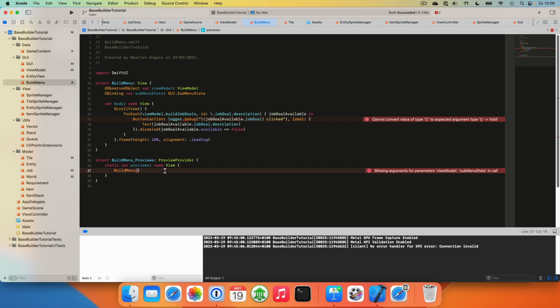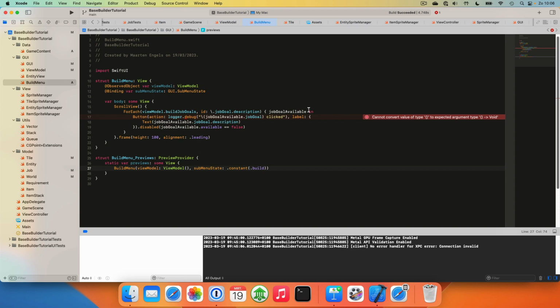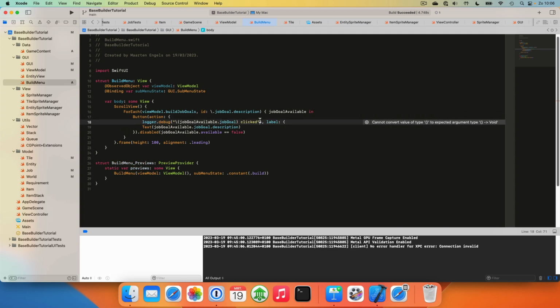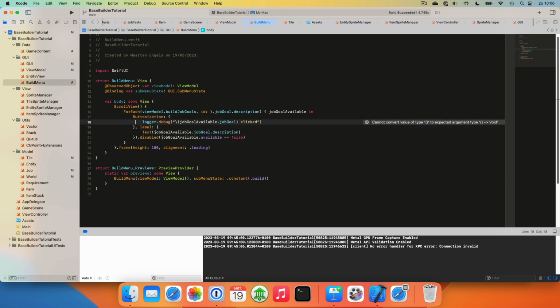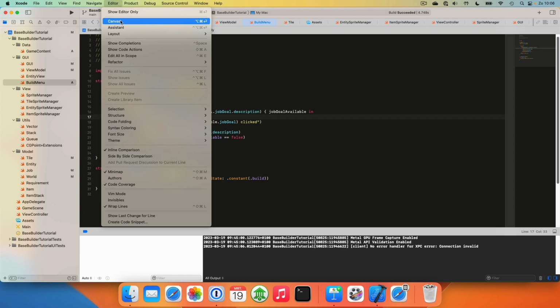And in the preview we can add a ViewModel. This will be an empty ViewModel, and the submenu state will be a constant value of build. And let's see. Wait a sec. This action should be in a closure. Okay. I think that if we go and show the canvas,